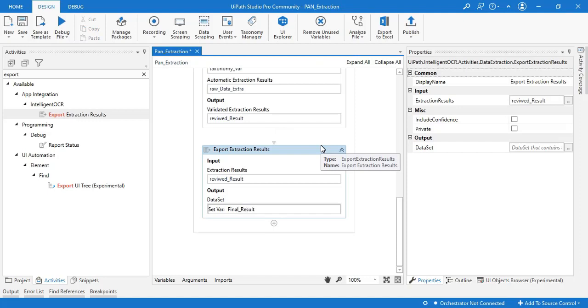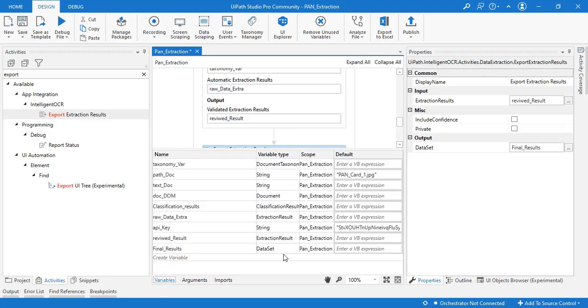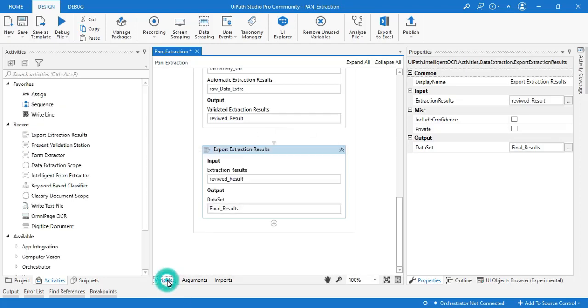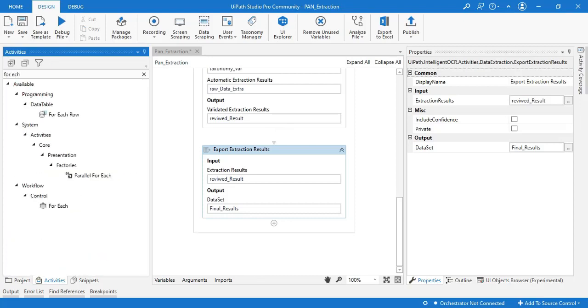I'm calling it final results. If you look at this, this is a data set. This data set is a collection of tables and these tables can be written into the Excel. It's a collection of data tables, so we need to have the for each to get the output into the Excel.